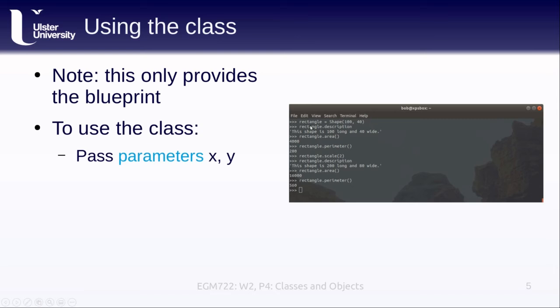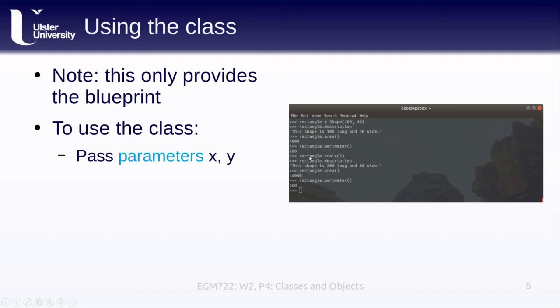And then once we do that, we can see that we access the different attributes like description, which prints out a description of the shape. We can calculate the area using the area method. We can calculate the perimeter of our shape using the perimeter method. And we can also use the scale method to scale the shape by whatever number we pass it. And you see that once we have